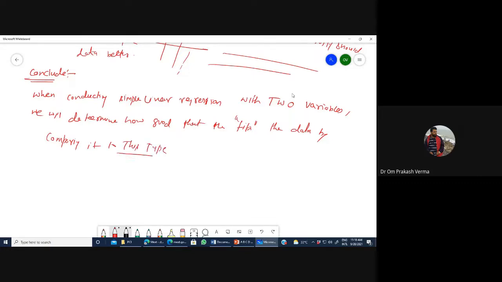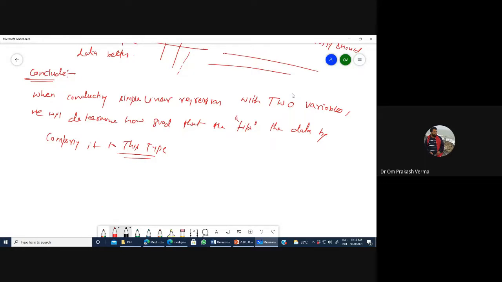Understood? We will try two types of models. We have seen the first model. We will minimize, and after the minimization we will develop the second type of model. We compare that model, and we will find which one is better, which will provide the minimum error.